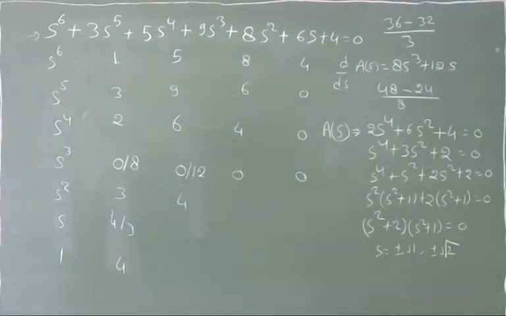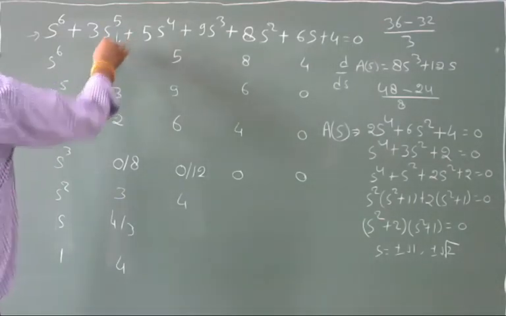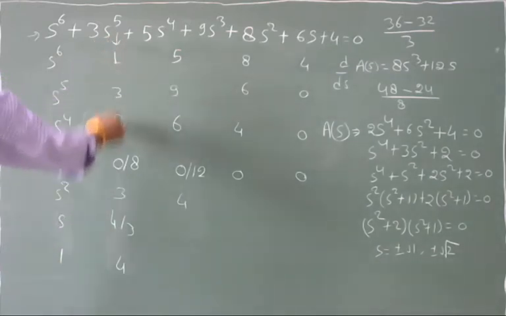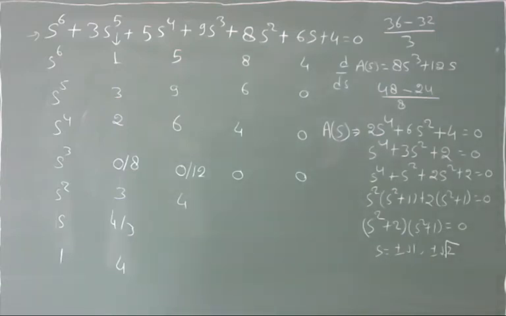So look at this. Look at the first column of this Routh table. In the first column of this Routh table, we can see that there is no sign change. No sign change means no roots of this characteristic equation lie in the right hand side of the S plane.